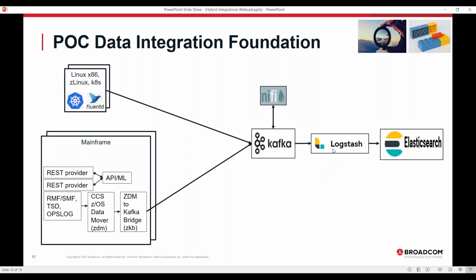And then, of course, we're pulling that data using something called Logstash. We pull that data using Logstash, and then enrich it in some simple ways, and then dump it into Elasticsearch. And from there, that's how we're getting the data in to show you the visualizations that we showed you.